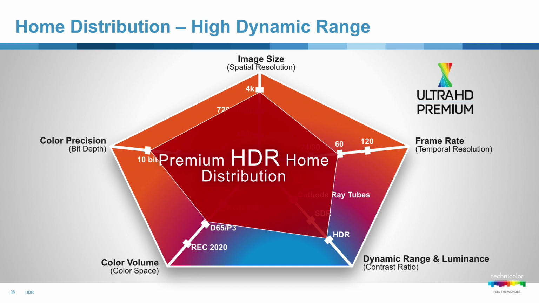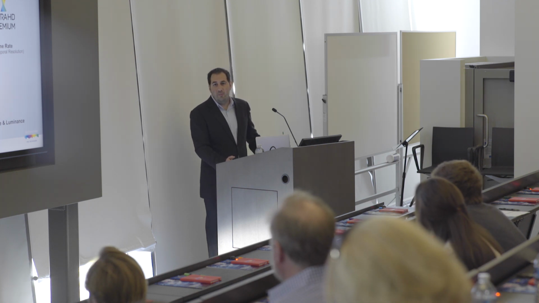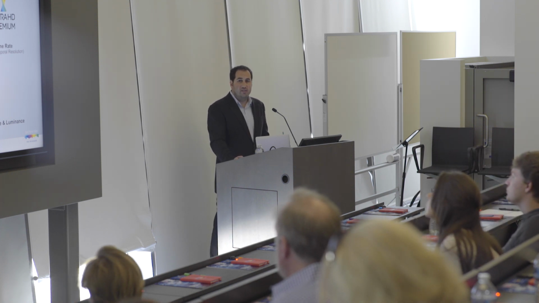Some of you might notice the frame rate moved up to 60. This is not a mandate for it to be 60. It just allows for 60 frame content to exist in the ecosystem. So you can still have 24 frame content. You can still have colors within Rec. 709 if you want. But there are now targets for what that mastering display should be, which allow you to grade to it. And you'll notice as I look at the dynamic range and luminance section, it still just says HDR. And I'll dig into why that is in a second, because there's still an open kind of mentality about what HDR could mean. And so there are basically 2 reference monitors in the marketplace that exist today for an HDR grade.